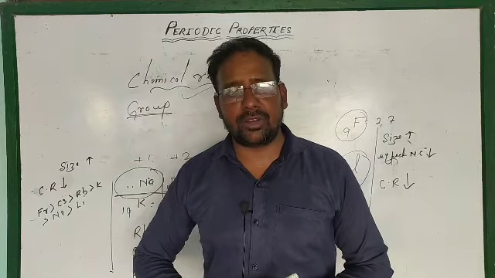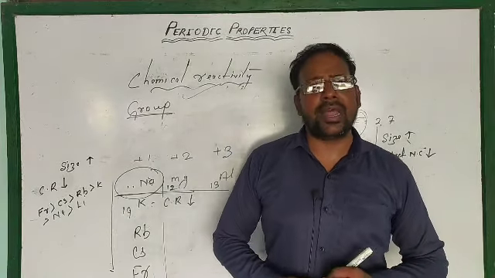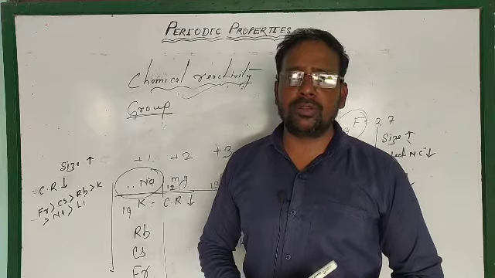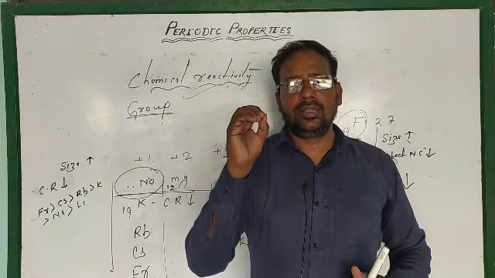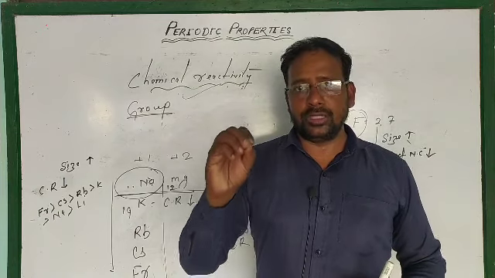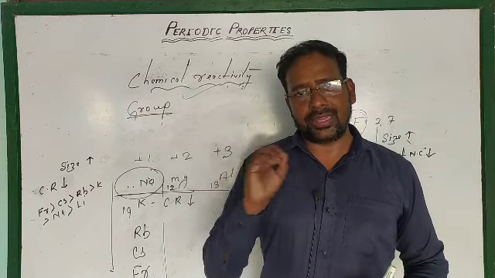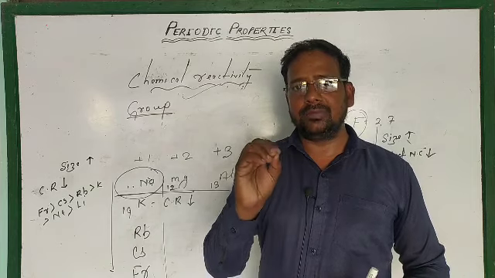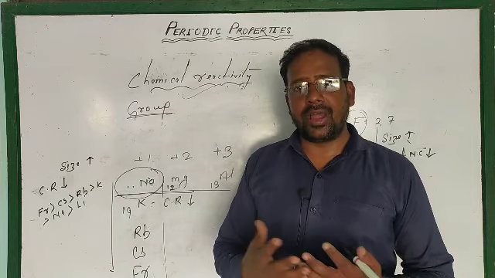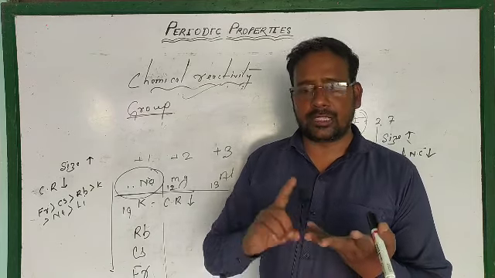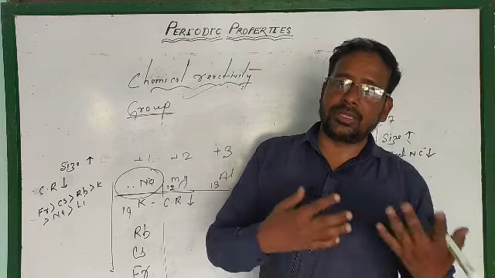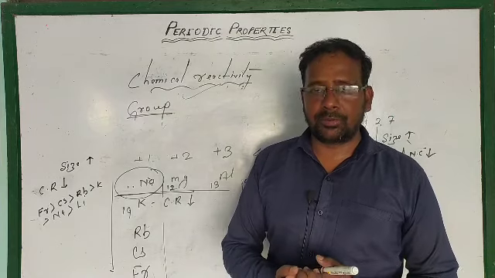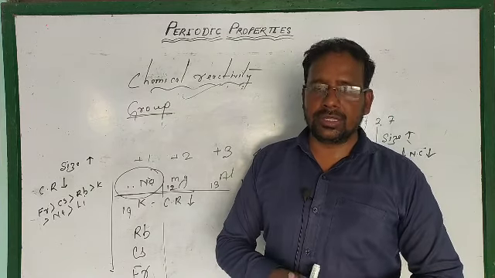In the next class, we will talk about the atomic mass and atomic number, and I will also try to make you understand how to find the number of electrons, protons, neutrons, and how to find the valency. Suppose I give you any numbers and ask you to find the name of the element, its place in the periodic table, its nature, whether it is metallic or non-metallic. You have to find out. In the next class, we will discuss it.